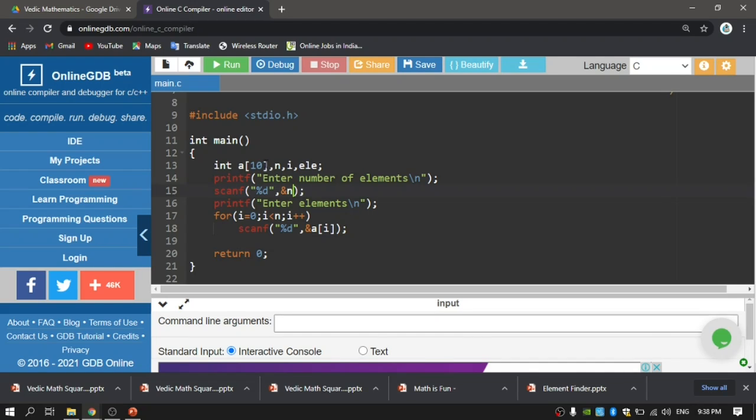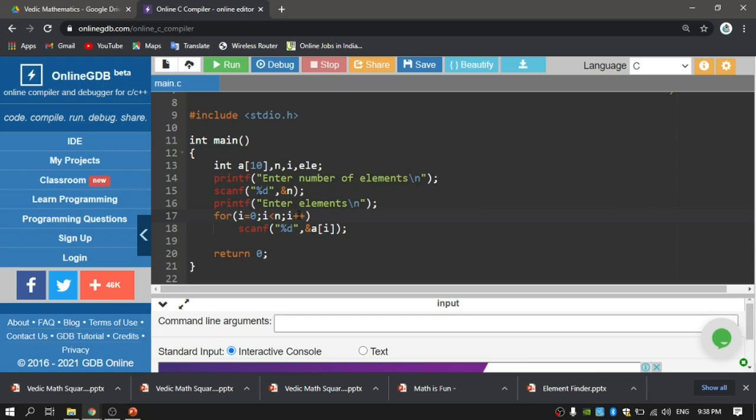Why? Because as I have mentioned the size of the array as 10, I have to give a value less than or equal to 10. If it is 100, then I can go on up to 100 elements. It's all up to our ease or requirement. And then here I am asking the user to enter elements. Here I have taken a loop counter which begins with the index 0, and goes on up to n with an increment of 1 each time.